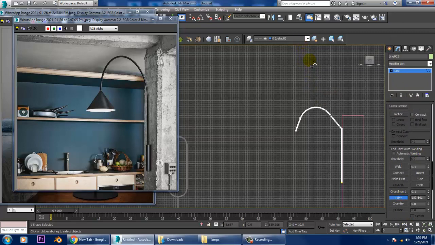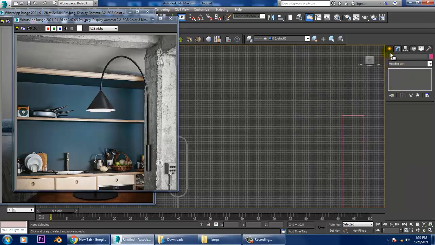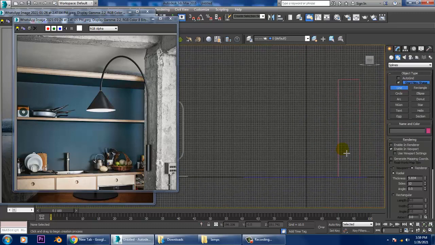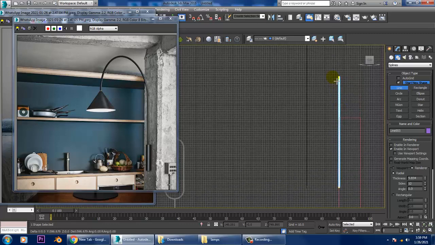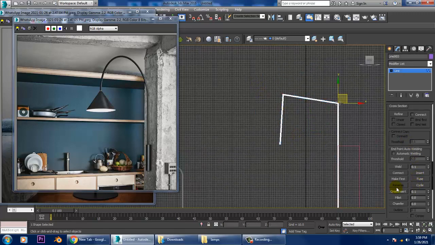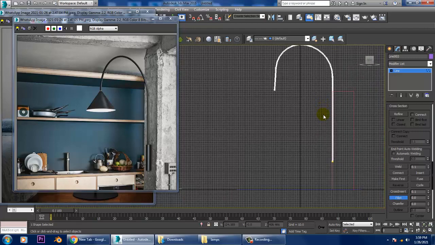You can give a fillet over here in this way, or else as simple as that, you can slightly push it in this way, select the vertices, use a fillet in this way. That can also be done.